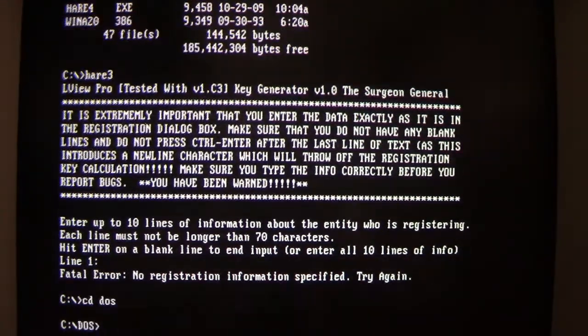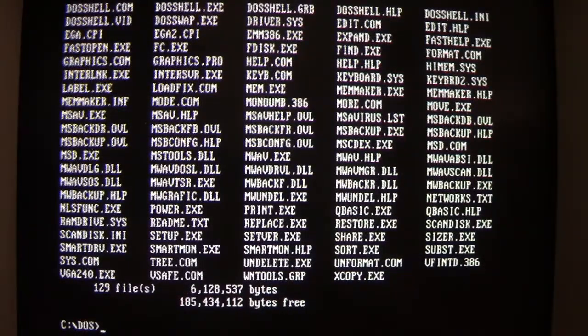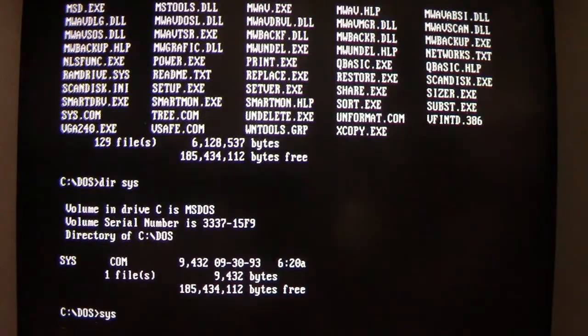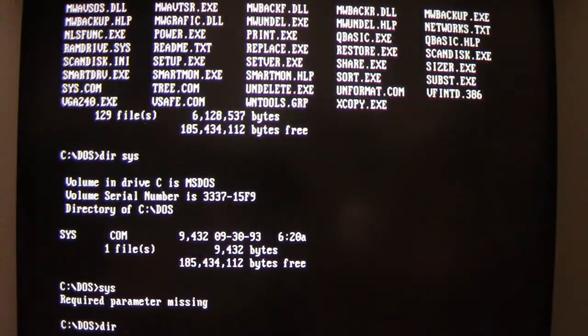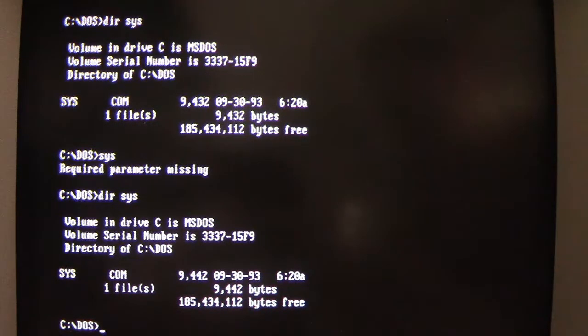So let's look at some files in the DOS directory. Let's look at sys, which is 9,432 bytes. We run sys and look at it again. You can see that the file size has gone up a little bit, but it's actually gone up a lot more than that. Hare is a stealth virus, and it tries to do a little more at hiding its actual